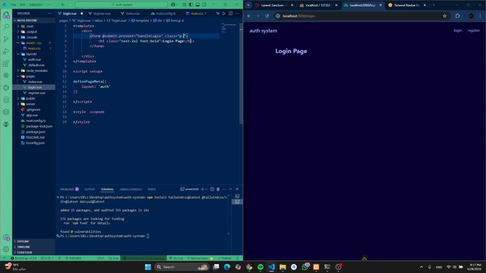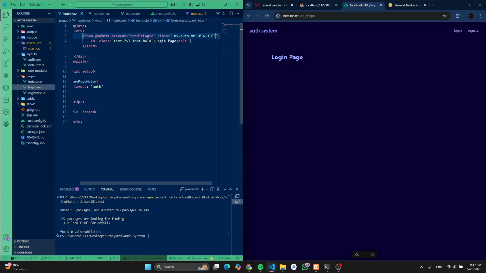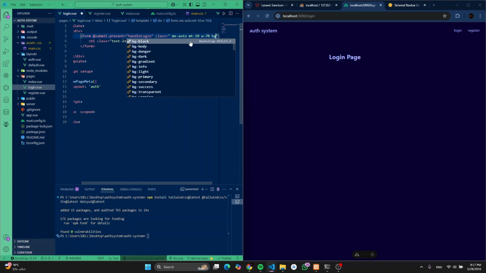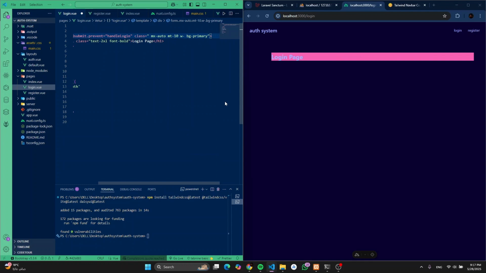I will add an mx auto, maybe mt10, w full. I think full is pretty big, 70 maybe. Let's go with bg primary to actually see. Okay, I think 70 is super small. 200 maybe. Maybe we go to like half the page,